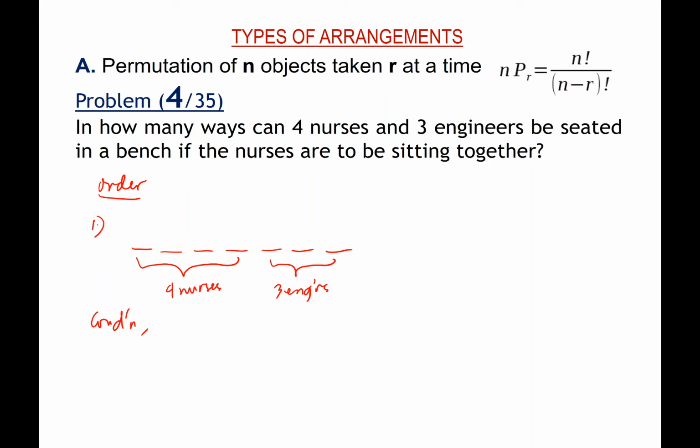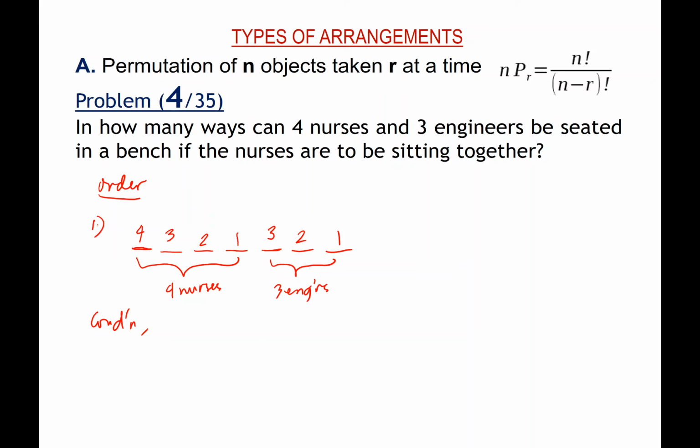So in that condition, in this seat 4 persons can possibly sit as nurse, and then if one of them is already seated, there are only 3 remaining, and then 2 and then 1. This is the conventional way, and this is also true for the 3 engineers. There are 3 engineers who can possibly sit in this position. Then if one of the engineers is already seated, there are only 2 remaining, and lastly 1. Now it's not yet final if you multiply 4 times 3 times 2 times 1 times 3 times 2 times 1,